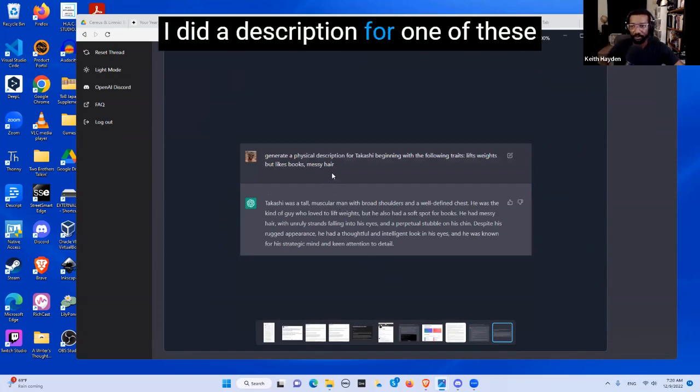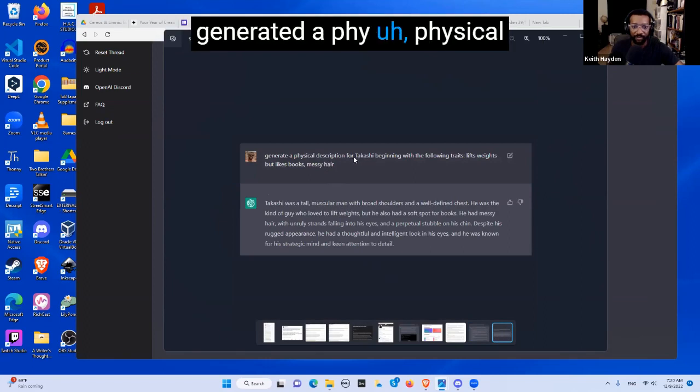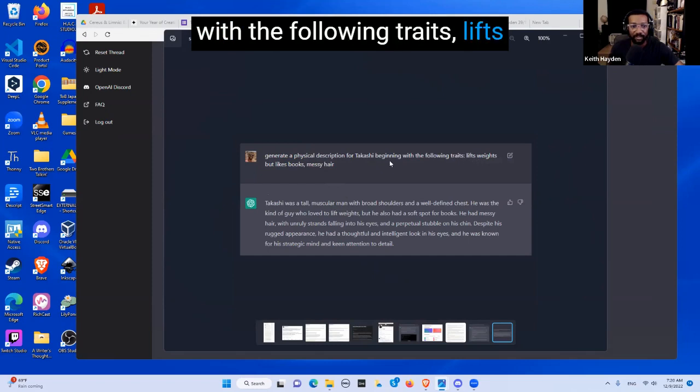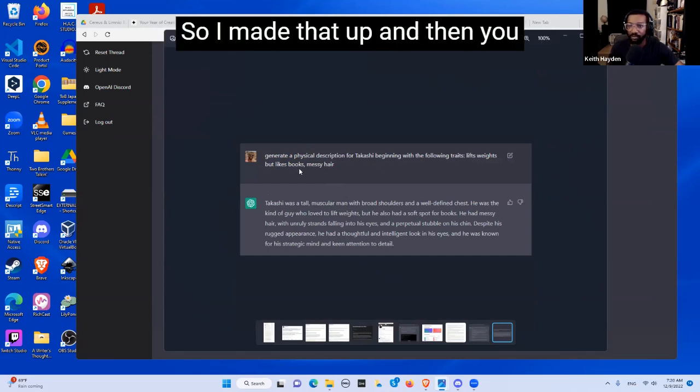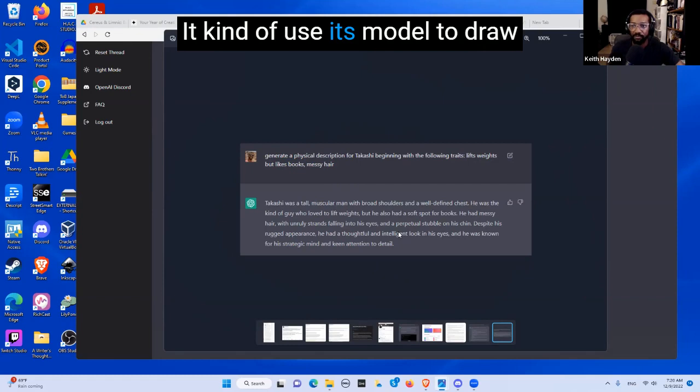I did a description for one of these characters in the book that I wrote. I generated a physical description for Takashi, beginning with the following traits: lifts weights but likes books, messy hair. So I made that up, and then you can see the algorithm did the rest. It kind of used its model to draw that to its logical conclusion.